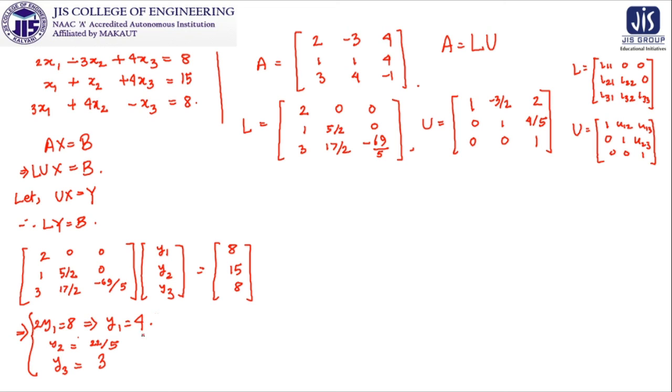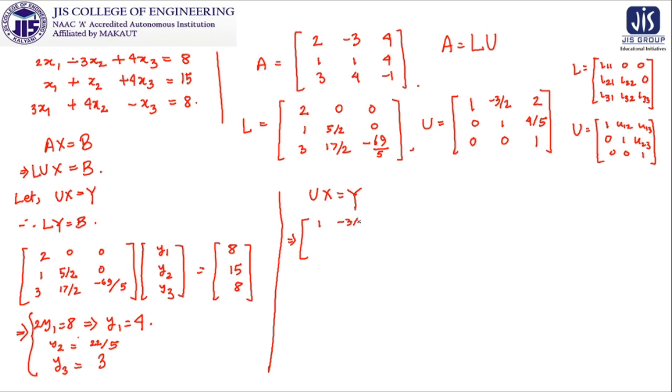So y1, y2, y3 are now achieved, but it is not our final target. Our final target is to find the values of x1, x2, x3. So now putting the values of y1, y2, y3 in the equation UX equals Y, we get